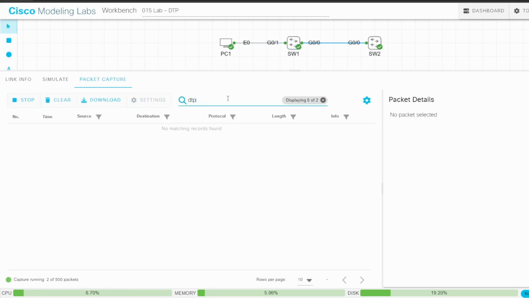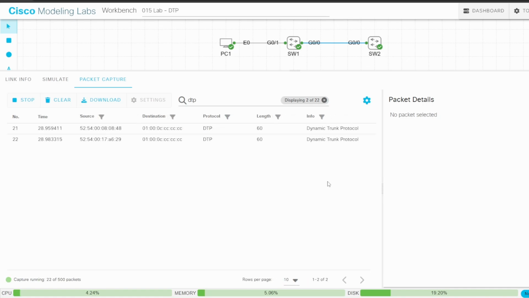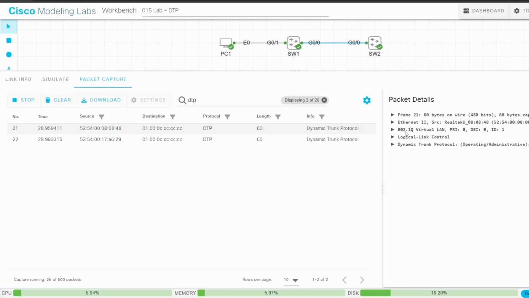And once again, type DTP in the search bar. What I'm expecting this time, as I said in the lecture video, is that the frames will be tagged in VLAN 1, but not with an ISL tag, with a .1q tag, even though regular data frames will be sent with ISL tags. As you can see on this DTP message, it has a .1q tag with ID 1 for